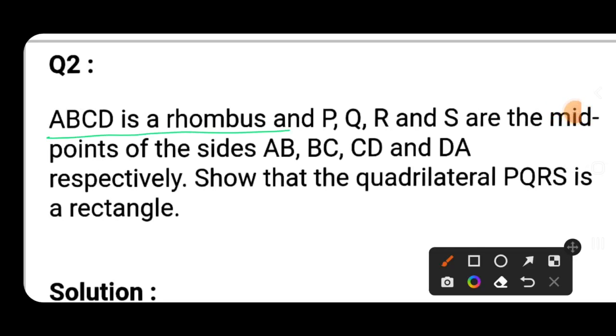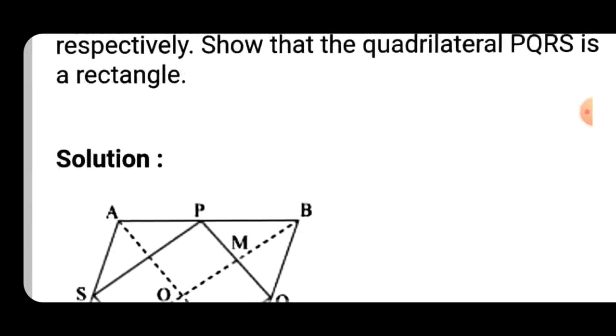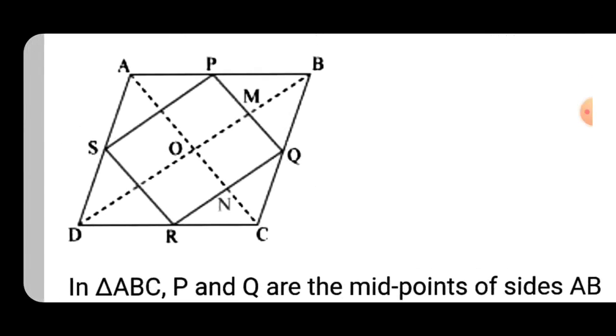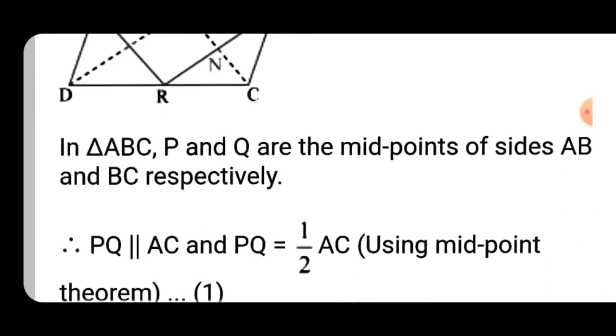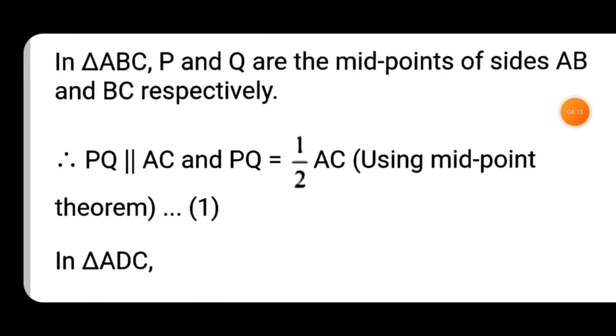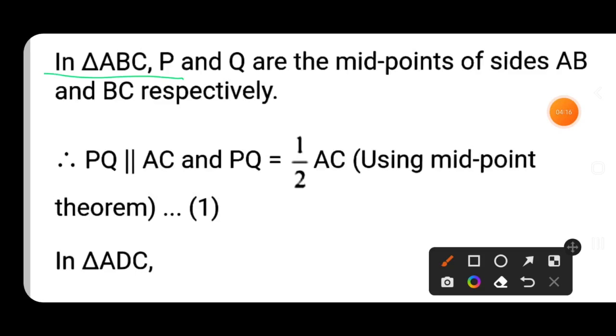ABCD is a rhombus and P, Q, R, S are the midpoints of the sides AB, BC, CD and DA respectively, so that the quadrilateral PQRS is a rectangle. We need to show this quadrilateral is a rectangle. That means we have to show it is a rectangle. We can show a parallelogram, as shown in the previous question, so first we will show the parallelogram. In triangle ABC, P and Q are the midpoints of the sides AB and